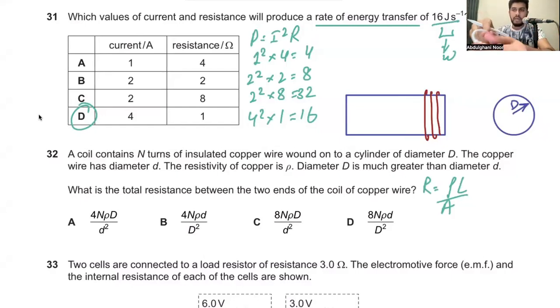इस केबल का एक अपना डायमीटर है जो कि लोअर केस d से रिप्रेजेंट किया हुआ है, and that is basically what will contribute to the area. तो एरिया की अगर वो मुझे बात करते हैं तो एरिया इज इक्वल टू पाई आर स्क्वायर्ड, एरिया इज इक्वल टू पाई डी स्क्वायर्ड अपॉन 4. ठीक है, पाई आर स्क्वायर्ड और पाई डी स्क्वायर्ड अपॉन 4 एक ही बात है. अब दूसरी चीज इन्होंने कहा है कि जी ये जो हमारा सिलेंडर है ना, इसका डायमीटर क्या है? द डायमीटर ऑफ दिस सिलेंडर इज कैपिटल डी. ठीक है, दिस डायमीटर एज शोन हियर इज कैपिटल डी. इसके ऊपर हम इस वायर को लपेट रहे हैं. ठीक है, दिस इज हाउ इट्स वाउंड अराउंड इट.